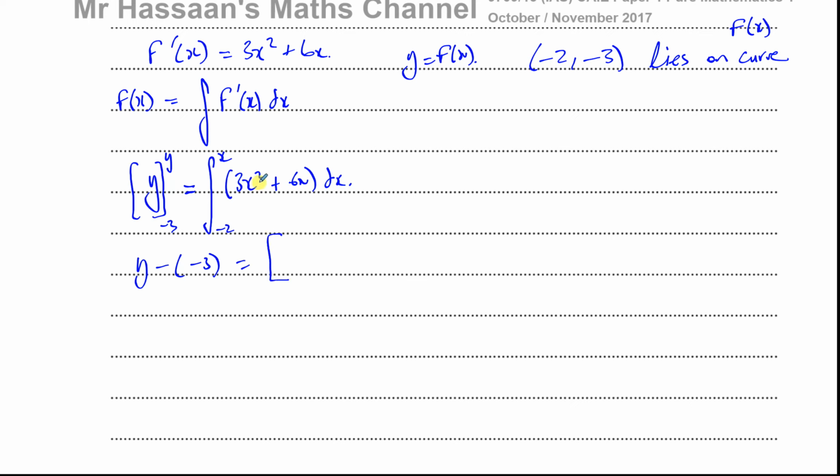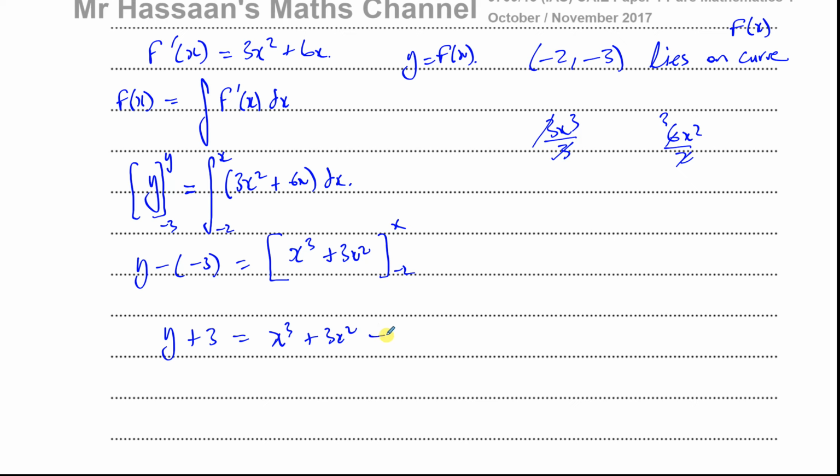integrated. So I'm going to have 3x cubed over 3. When you integrate that, you add 1 to the power, divide by the new power, so that will give you x cubed. And 6x squared over 2, that's going to give me plus 3x squared. So this will be 3x cubed over 3, 3's cancel, 6x squared over 2, that leaves you 3, so you're left with x cubed plus 3x squared, and then I've got my limits of x and -2, so I'm going to have here y plus 3 is equal to, I'm going to have x cubed plus 3x squared, that's what